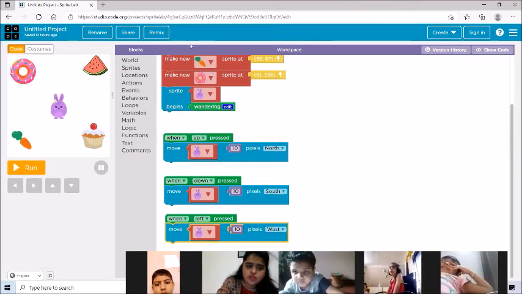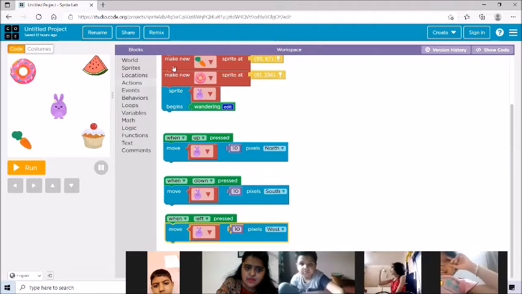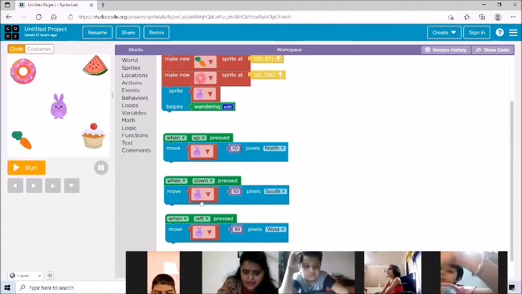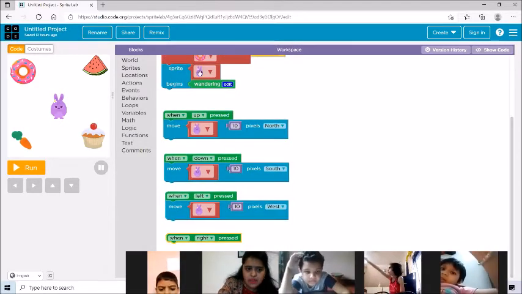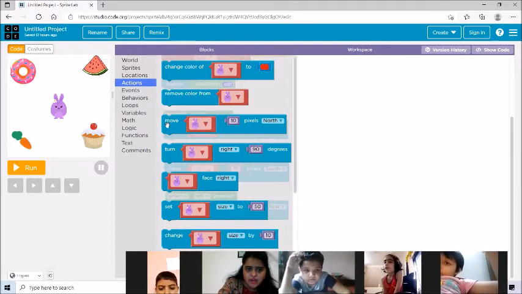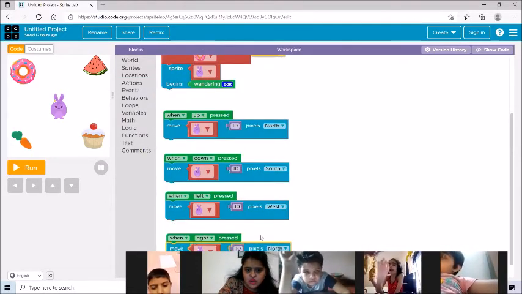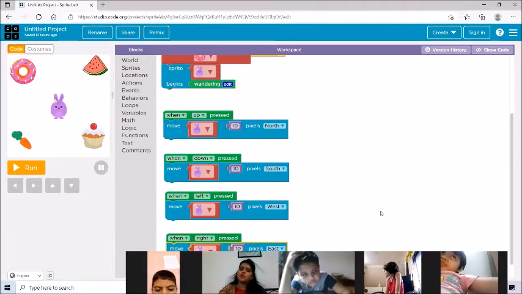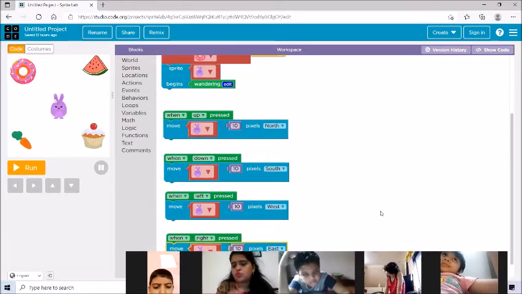All right. So for the right arrow key, we'll again go on event. When right arrow key is pressed, then what will happen? Again go on action and move bunny to the east. Okay. Fine. So for 4 arrow keys, I have taken these 4 blocks. Understood, everyone? Till here, everyone has understood.